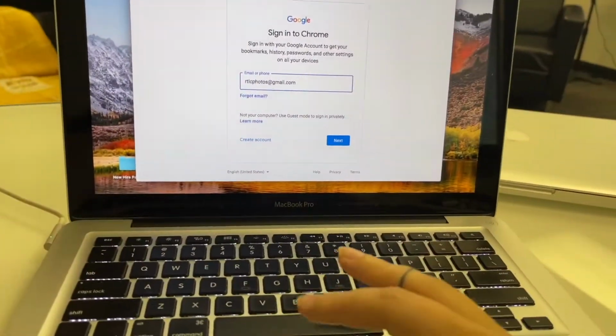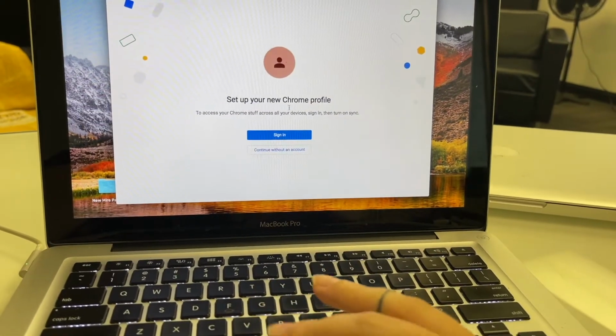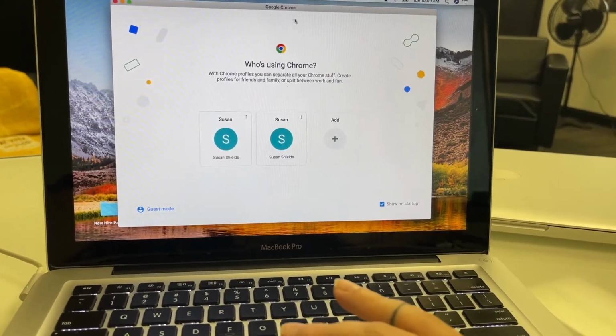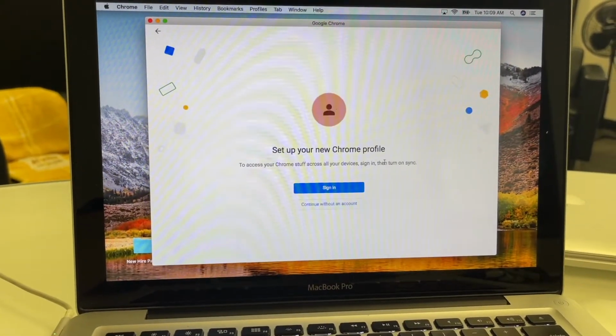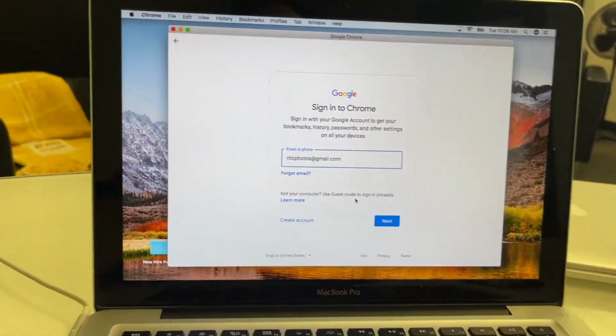So let's do it. First thing you're going to want to do is go under your Google Chrome logins. Make sure you have Google Chrome, and then you can have profiles, and you're going to want to sign in. We're going to sign in as